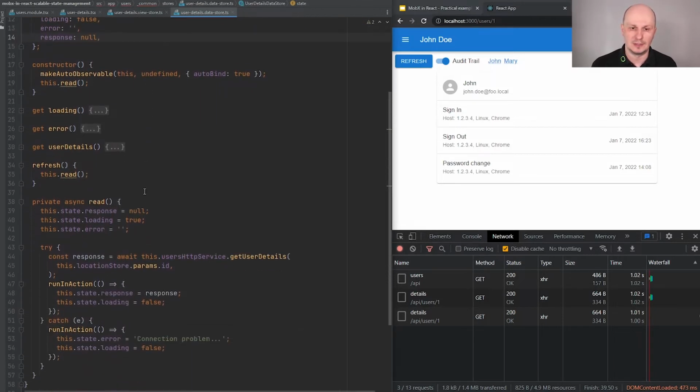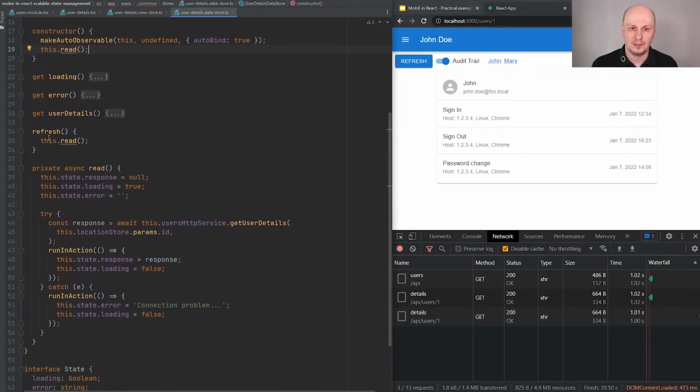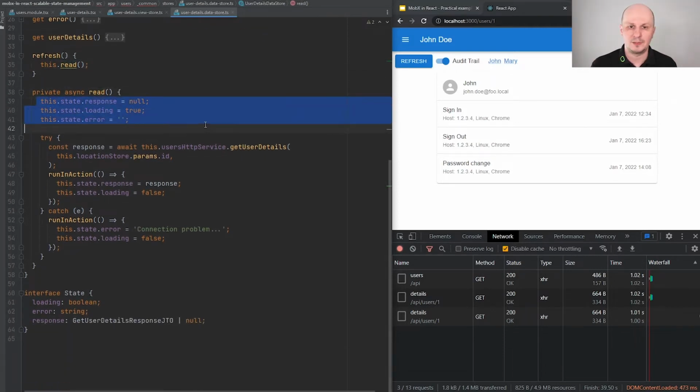All right, so this data store in the constructor calls the method read, and also refresh action also calls method read. At the beginning of the read action, we set the initial values like empty response, loading true, and empty error.